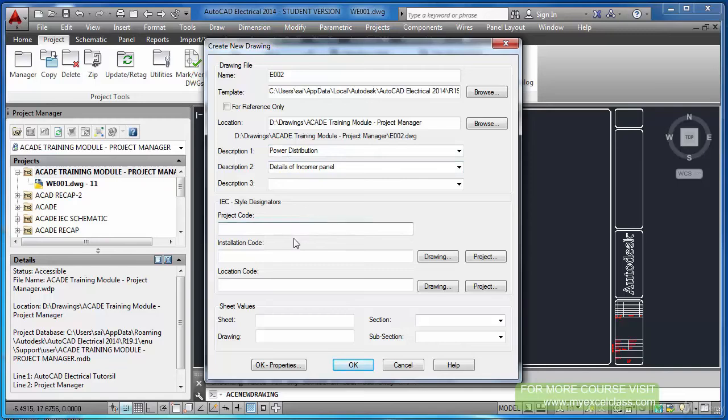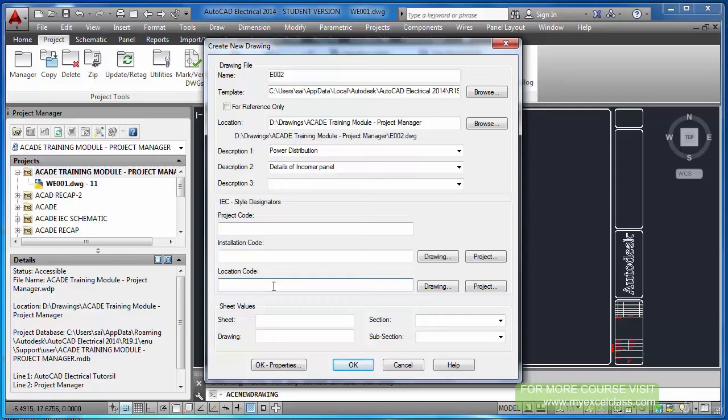Okay, project code. If you have some code, you can put it here, along with the installation and lineup location code. You will find these two things in many places in coming sessions. Installation means, if you look at a factory or a plant, it must be spread across a huge area.